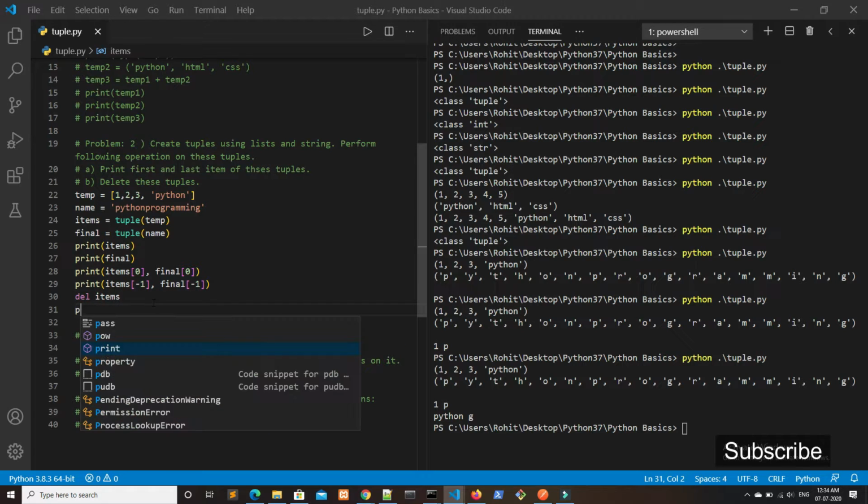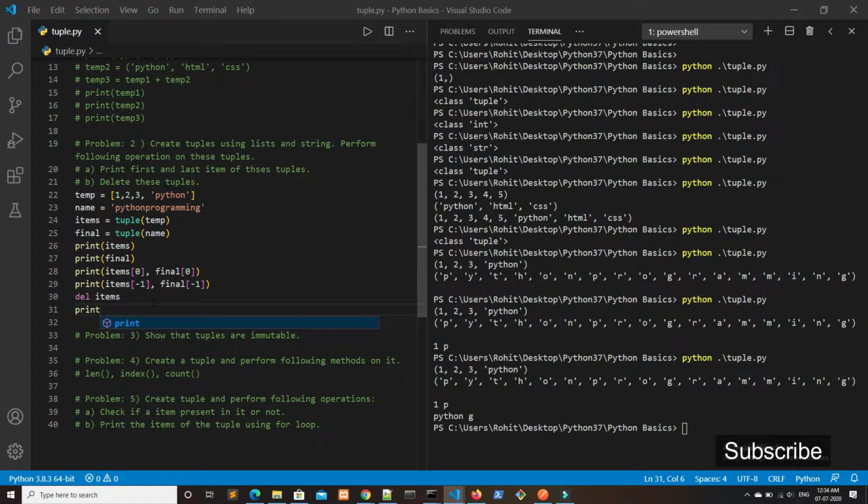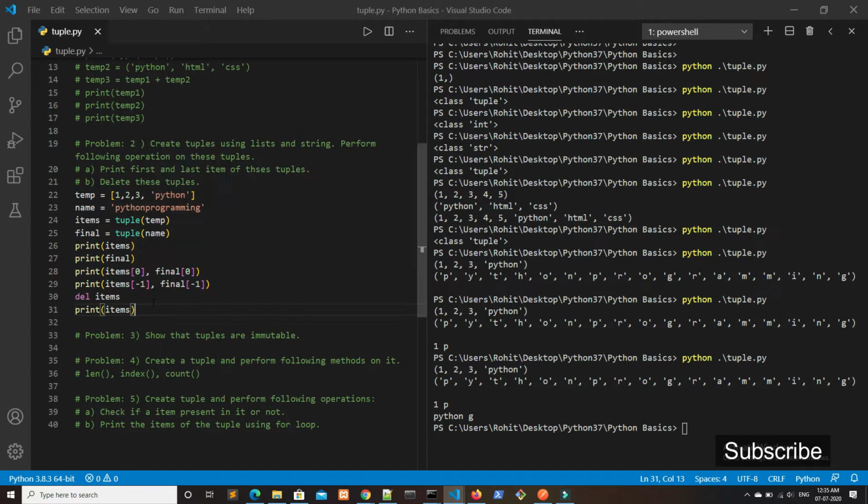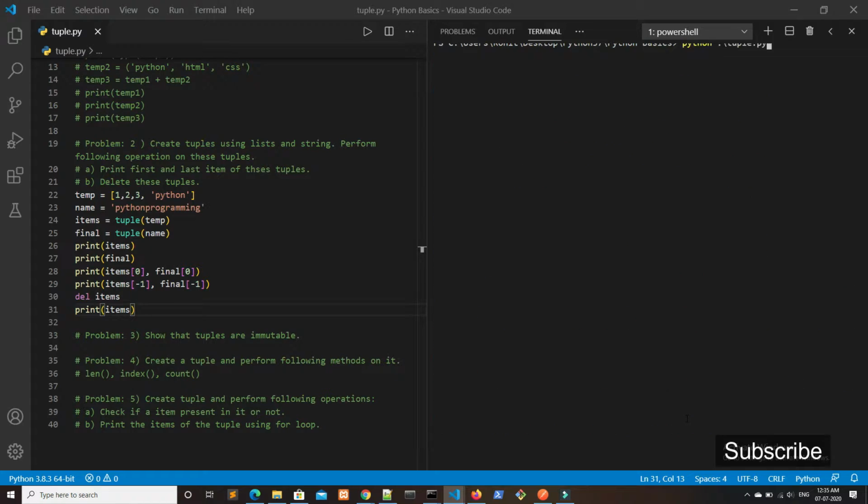And suppose I want to print items, then it will throw an error because we have already deleted items. Let me show you.